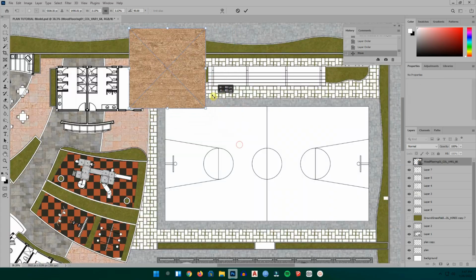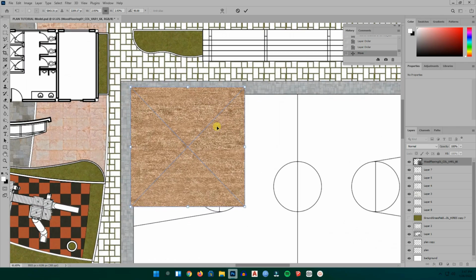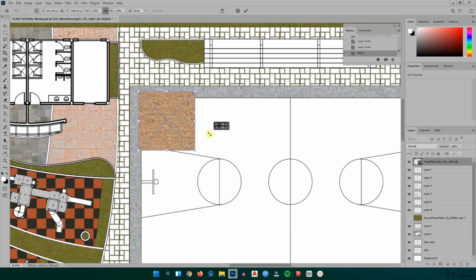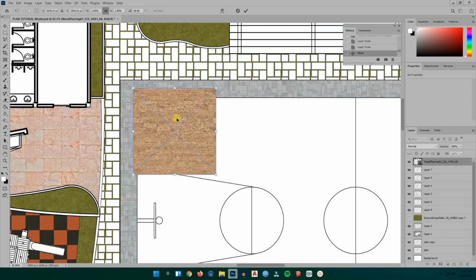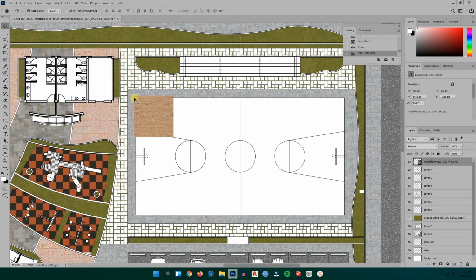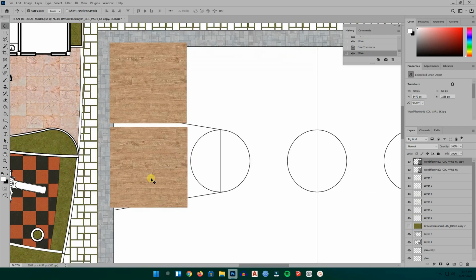Always make sure that it's scaled perfectly. I think this is about right. So again, I'm copying it, I'm putting it together and